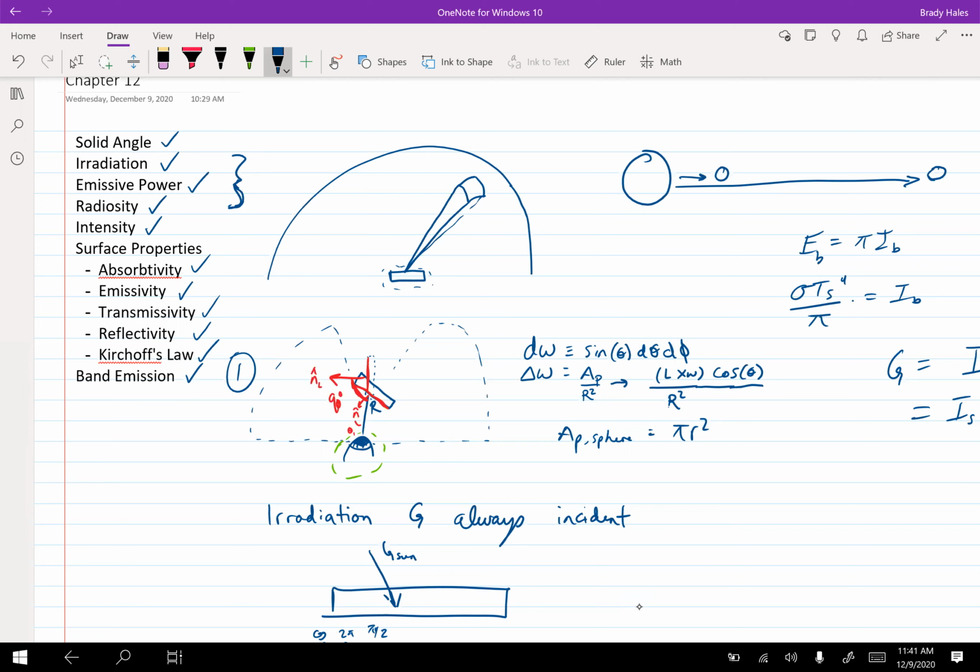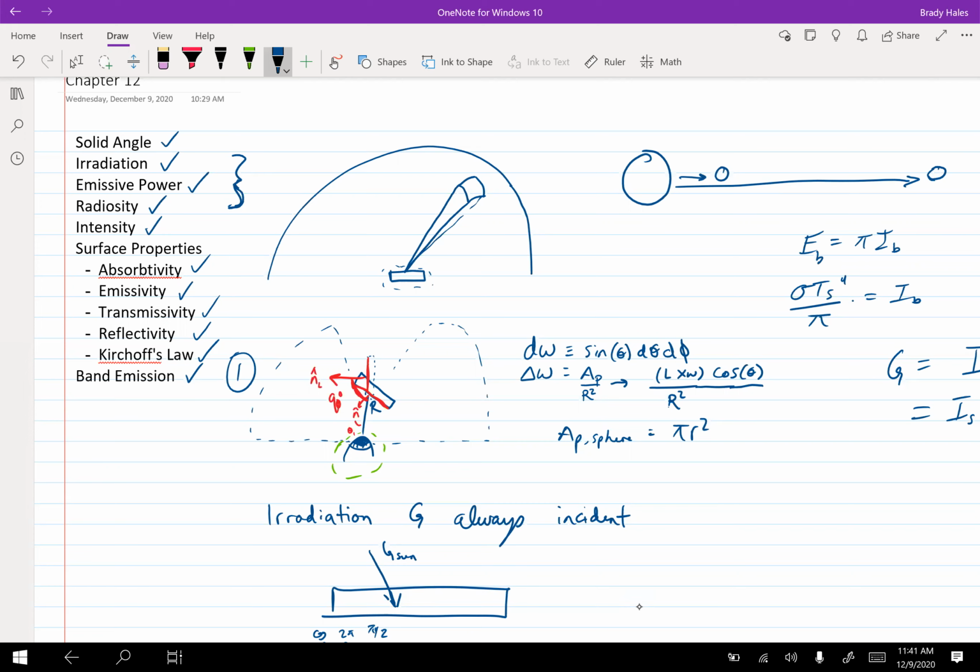Radiosity was just a combination of the emissive power as well as the reflected power. Intensity is that conserved value, watts per meter squared, per steradian, per wavelength,